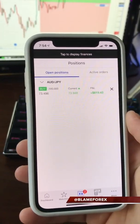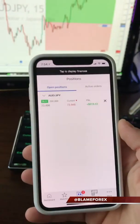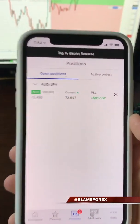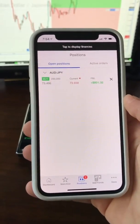Alright, so New York session's about to open up in about 5 minutes. It's 7:54 right now, and I'm in this Aussie yen swing trade for 2 lots. Currently up about 800 bucks on the position. And yeah, we're gonna see what happens during New York session and see if we could scale out of this